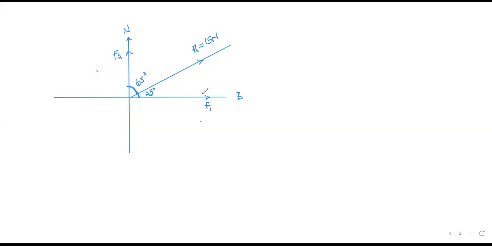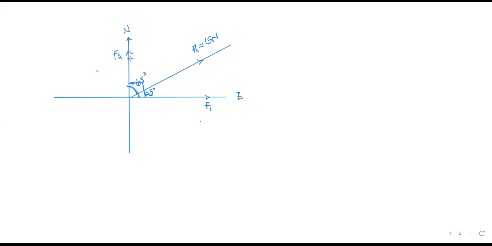Now we have the resultant and the various angles. And the interesting thing is to look at the angle between the two forces: 25 plus 65 means the whole angle between the two forces is equal to 90. Once the angle between them is 90, we can resolve into rectangular components and find whatever we are looking for. Meaning that the direction,